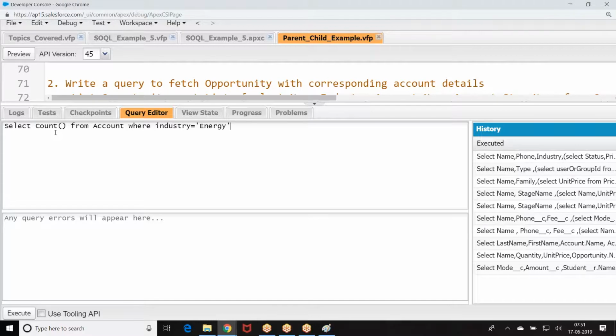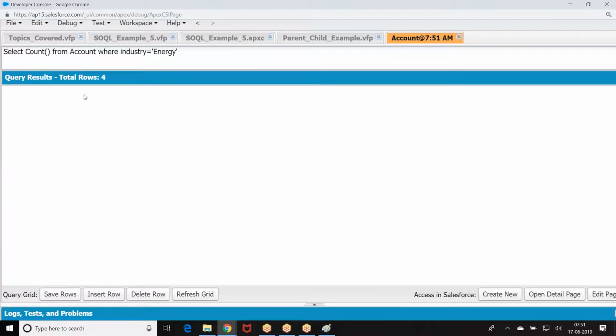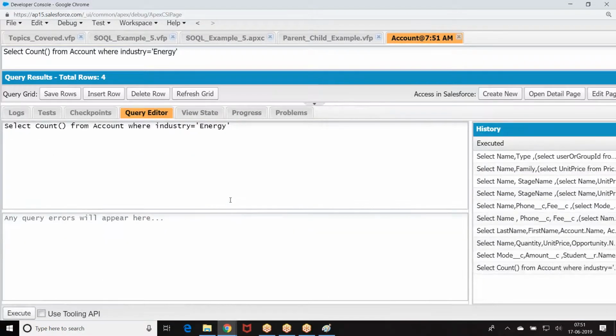Select count from account where industry equal to energy. So here we have count equal to 4. It simply gives an integer value, the count of number of records returned.